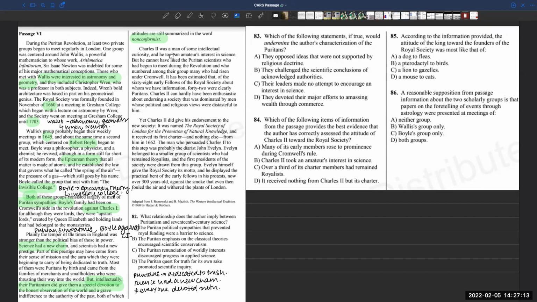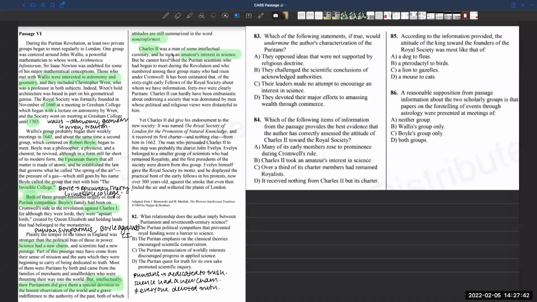Yes, distasteful, annoying, doesn't want to work with them. How about a deeply rooted hatred, almost to the point where he would kill them? No, exactly. That's a little too powerful for this text. We can't necessarily say that. So perfect. So if we go through this, I would have probably highlighted Charles II and then amateur interest in